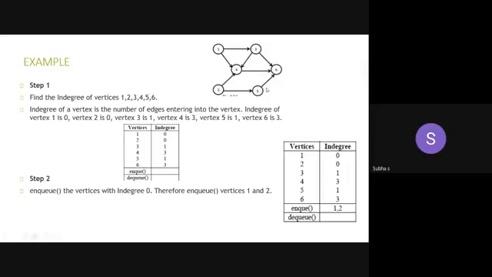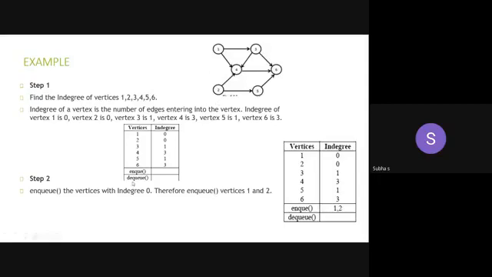Just draw the graph. You have 6 vertices: 1, 2, 3, 4, 5 and then 6. Find the in degree for all these vertices. I will stop by applying the in degree itself. You have to solve the remaining steps. I will move with step 3 and 4. After that, you have to complete.